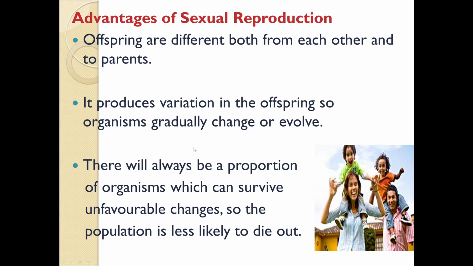So the fact that there are so many differences simply means that they can survive in different conditions, and of course they have different personalities. As I would have said before, some would have bad traits, some would have more good traits than others. But the good thing is that there are differences. So let's say, for example, the parent doesn't have to worry that both of the children turn out bad. So at least there are differences in terms of personality. So that normally is an advantage in terms of looking at what is known as variation.